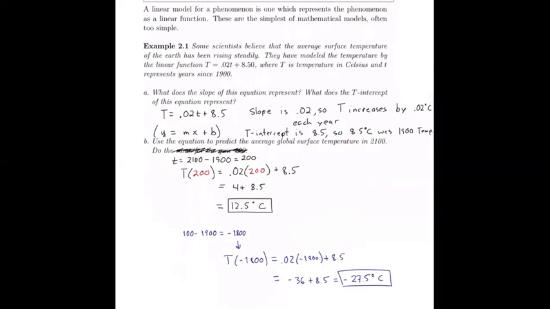Well, we probably don't have measurements. They certainly didn't have degrees Celsius in the year 100 AD. So we don't have any record of what the temperature was in Celsius. I guess maybe there's some scientific methods to infer roughly what that global temperature might have been. But it'd probably be harder to prove that it could not have been this temperature. That's probably awfully cold. Remember that 0 degrees Celsius is the freezing point of water. So negative 27.5 degrees as the average global temperature would mean that probably a whole lot of the earth was